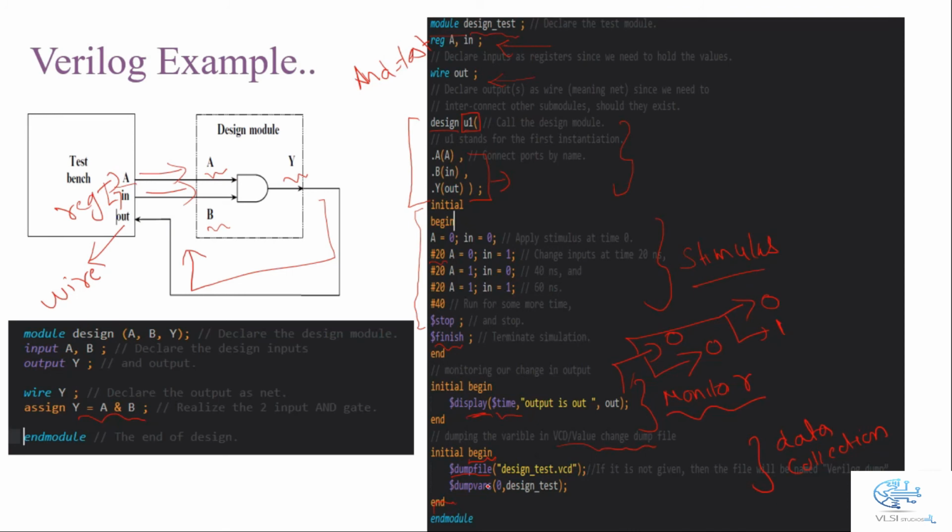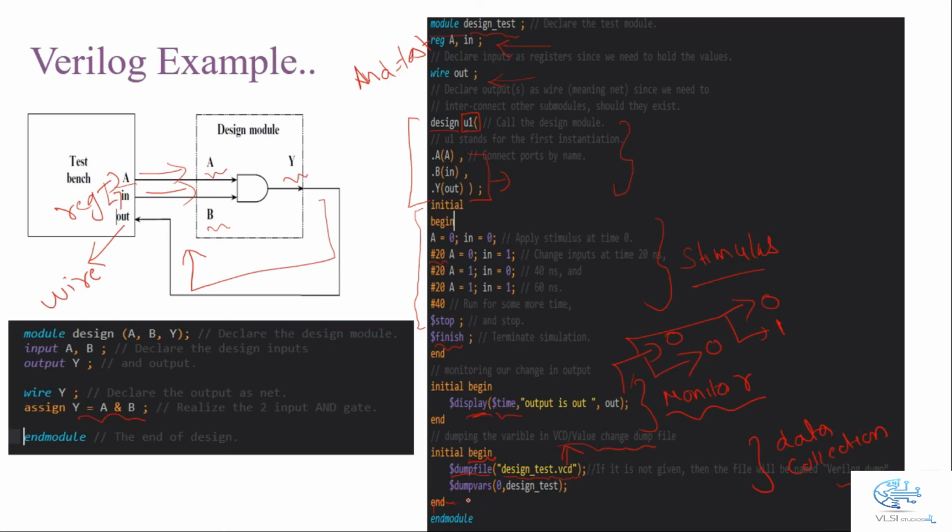This is a reserved keyword. It means that whatever file we are defining inside this module, all those variables are dumped in this file. So we are defining the file name design_test.vcd. Here VCD stands for value change dump. It is the extension that has been already predefined for the Verilog simulator. If we are not giving the file name, then the file will be stored automatically with its default name, verilog.dump file. So it's better to give its name and use the dumpfile keyword for that.